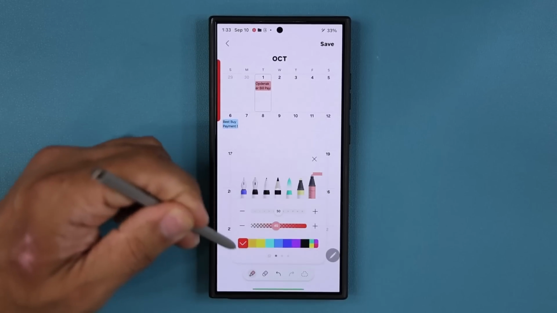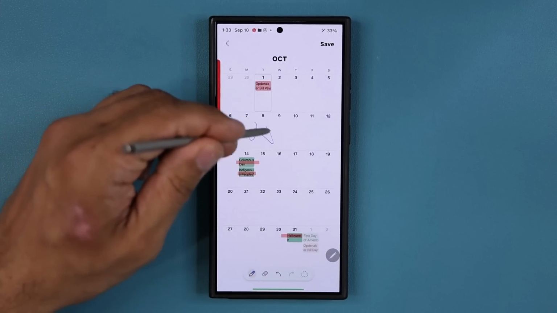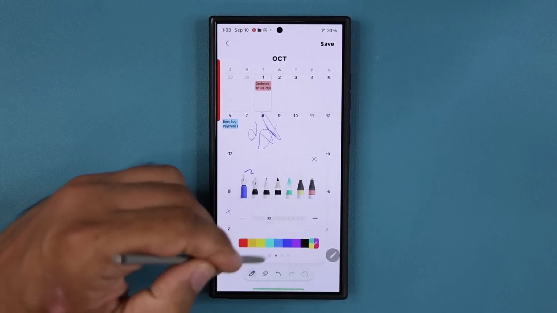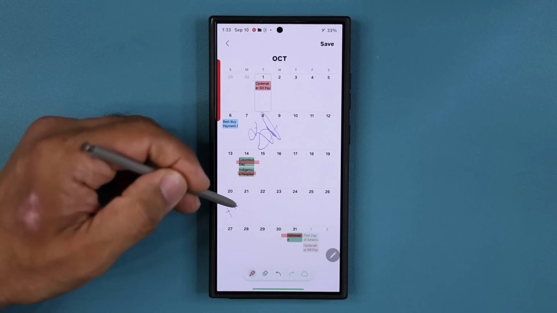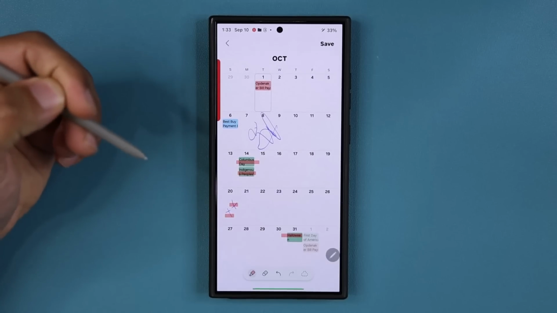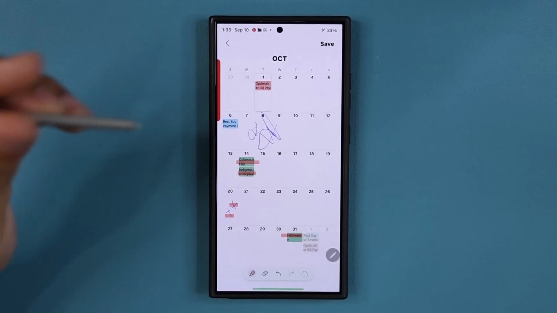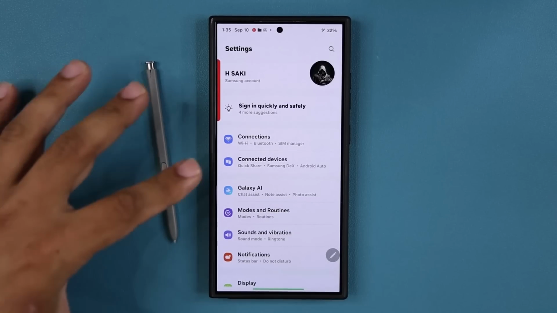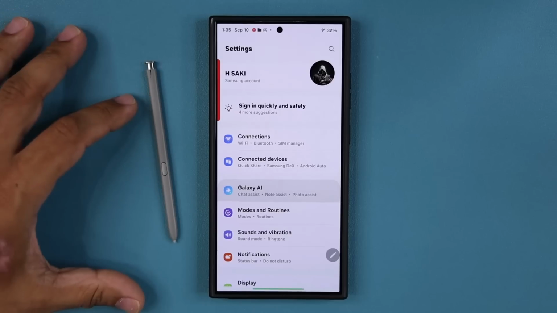You know, you can also write into the calendar. This is an existing feature, this writing stuff right here, okay? But now you have the straight line highlighter, so you can highlight things nicely and neatly on your calendar. Fantastic. Let's move on. And of course, you can see in the settings, we have the Galaxy AI menu, and